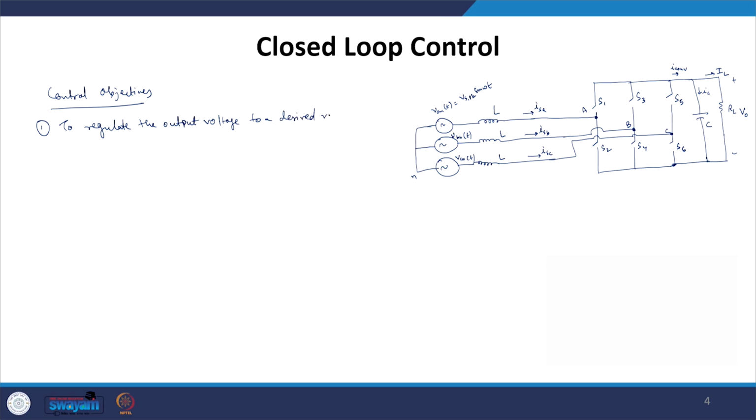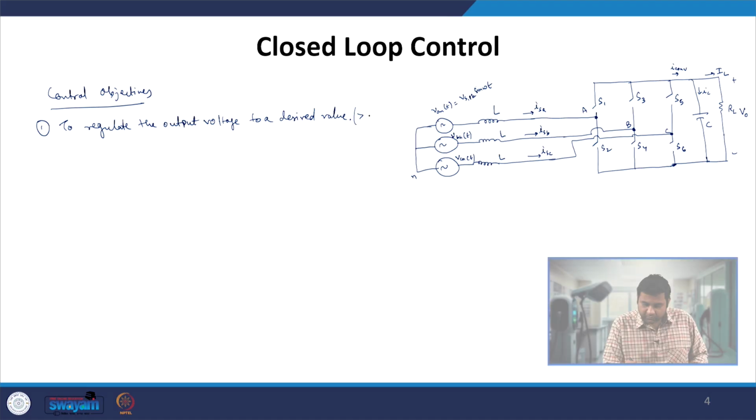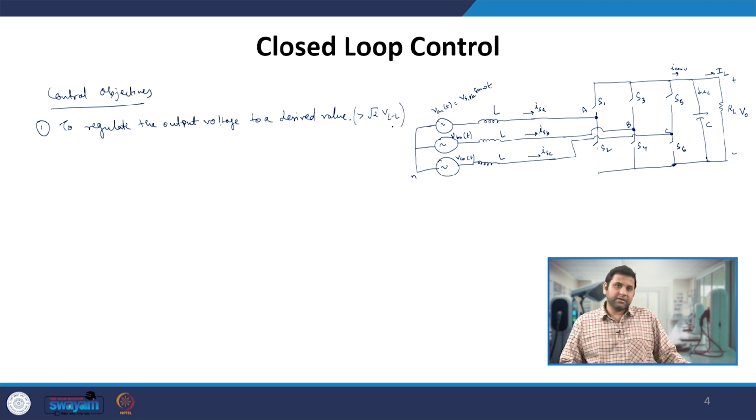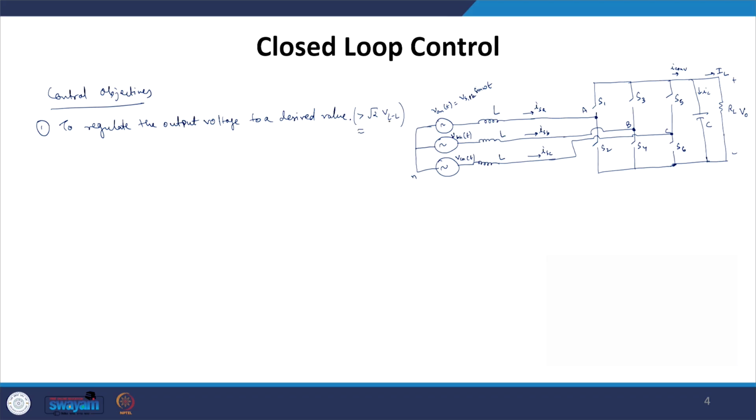obviously, which has to be greater than the maximum voltage which you can obtain from this converter operation, and that we know, it has to be greater than root 2 V line to line voltage. So, it has to be greater than that. So, if we consider the V line to line to be 415, that has to be greater than 565 volt. Generally they keep values at 650 or 700 volt accordingly.